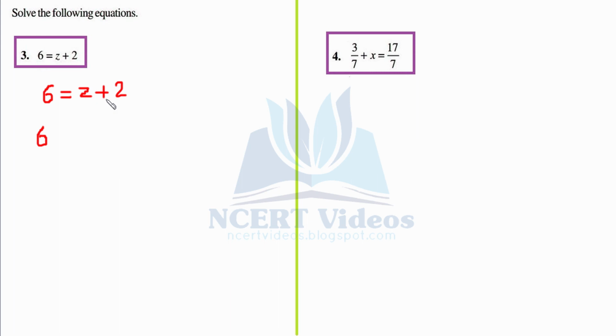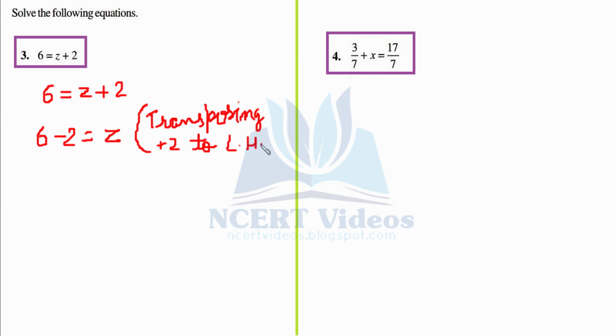6 as it is, positive 2 becomes negative 2 because we are transposing, and z as it is on the right hand side. The reason could be given as transposing positive 2 to the left hand side. So never cram the things. The aim is to separate them. So now 6 minus 2 is 4, that is equal to z, and this is very similar to writing z equals 4, and that is your